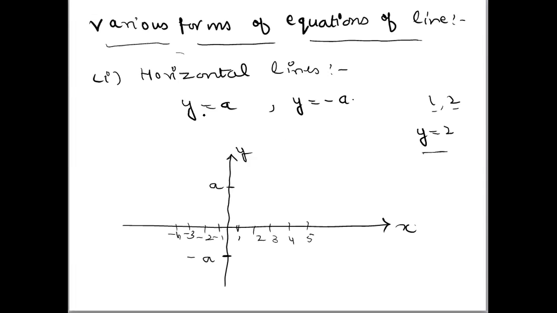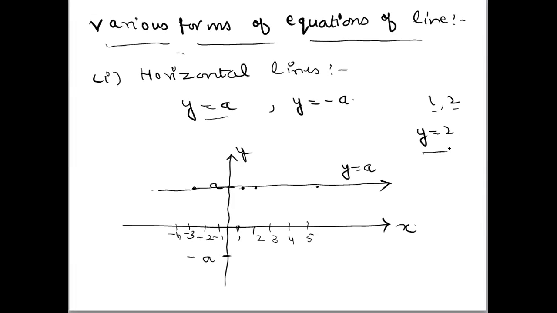अब अगर मुझे ड्रॉ करना है y is equals to a, that means y can take anywhere, y is equals to a every time and x can take any value. जब x की वैल्यू 1 होगी, y की वैल्यू a, x की वैल्यू 2, y की वैल्यू a, x की वैल्यू कुछ भी हो, the value of y is fixed, and also x can take negative value. The value of y is fixed, which is a. So this will be the line y is equals to a and we call it horizontal line.